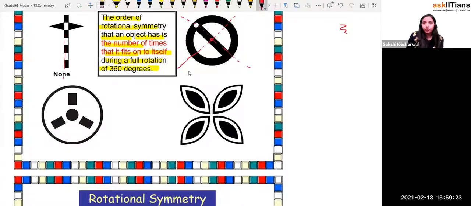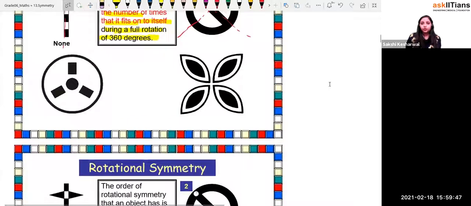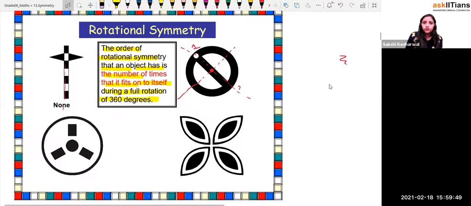So over here, if you're going to rotate it, this was the original photo, right? So if you're going to rotate this 90, it's going to be changed or not. Now after 180 degree, it's going to be the same or not, right? And this again with 360 degree. So the order will be what, beta? If you just see, the order is of 2, like here 1 and here 2, right? Once you rotate this, this is 1 and this is 2. After 180 degree, 2 will become 1 and 1 will become 2, or not.